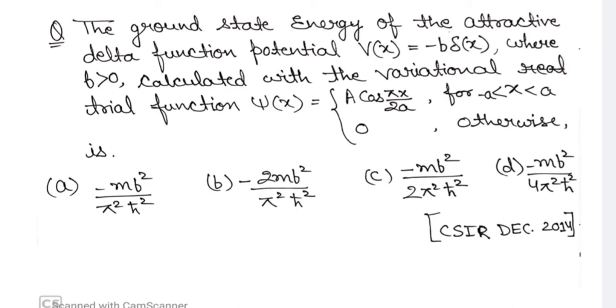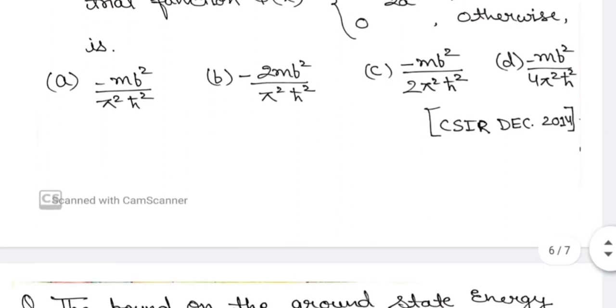Otherwise, during the calculation, if they get cancelled out, that's very good. That means you don't need to proceed further. But if they are present, you have to take step number 3 and 4, or even the step corresponding to the normalization constant, how we find it, to reach the final answer. That's how you will be able to get which option is correct, and that's going to be simple and easy for you.